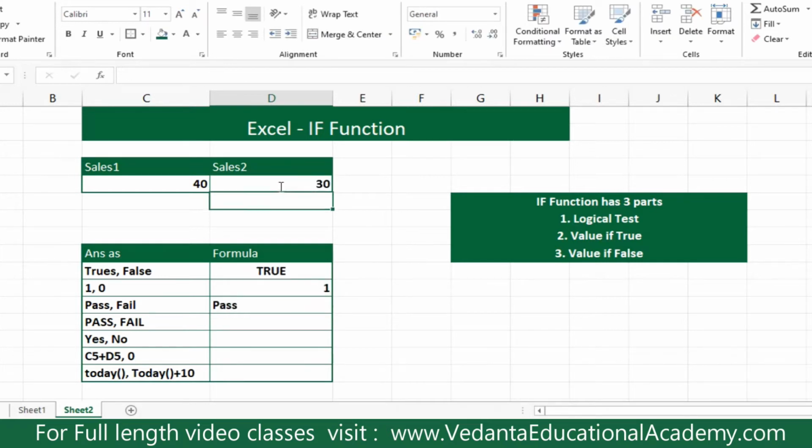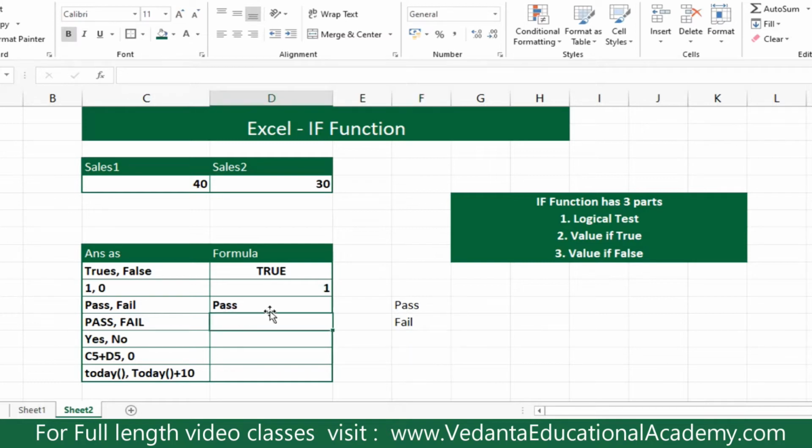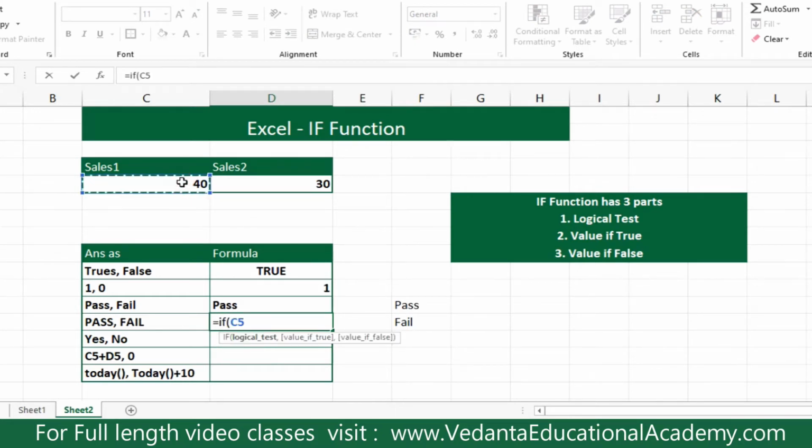Here I'm writing some text as pass, and here as failed. These two cells are in proper case. So what if I want to convert the proper case into uppercase or lowercase? It's very simple: equals IF, open bracket, same formula, C5 greater than D5, comma.